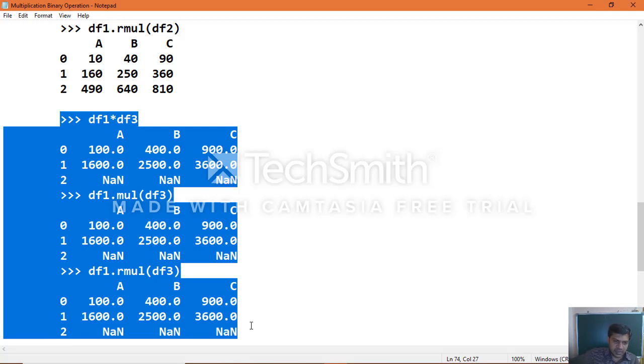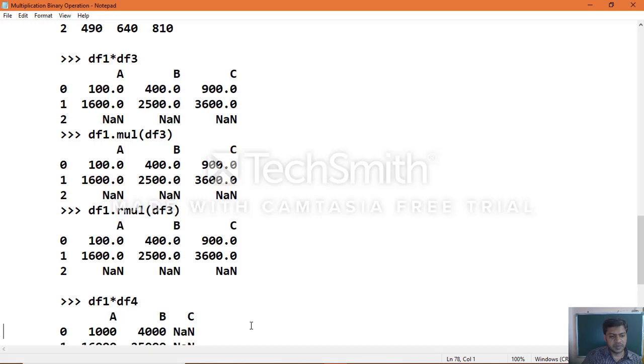And here you will see decimal values, because if there are any non-matching indexes between two objects, then you will see NaN values stored. When NaN is stored in a data frame object, the integer is automatically upgraded to a floating point value, because in Python an integer cannot hold NaN, so NaN comes under the floating point data type. That's why the integer values are automatically upgraded to float values.